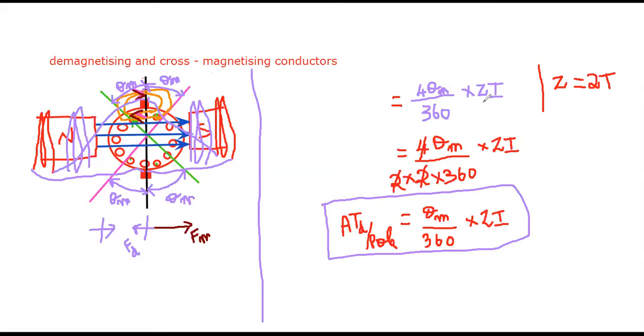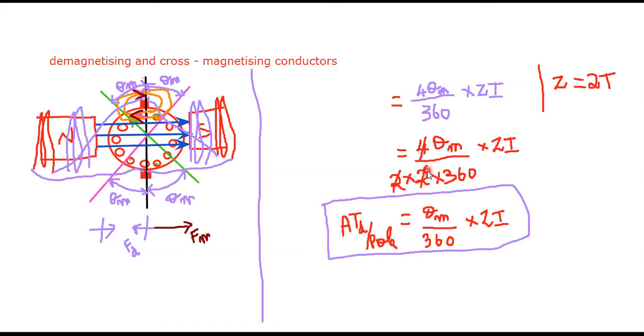Ampere means I definitely need a relationship with the current. So I multiply by the total amount of current so that I am able to get ampere conductors. But I want to convert these ampere conductors into ampere turns, so I just divide the formula by this 2 value.